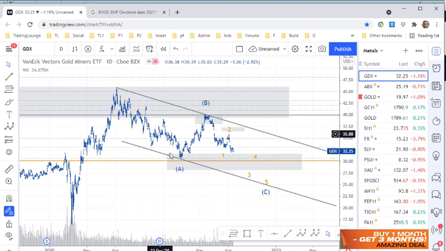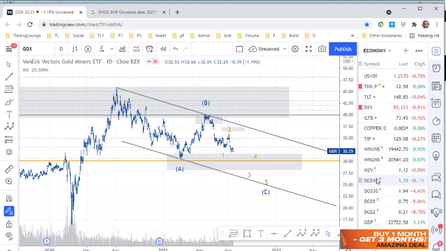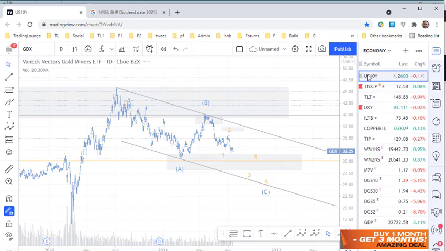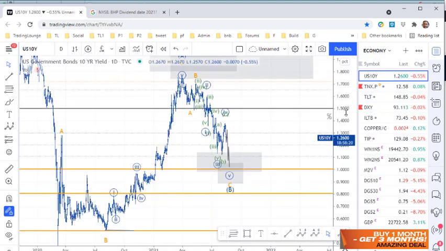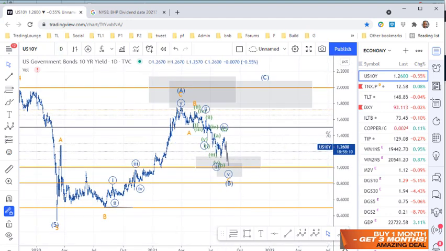Obviously, everybody will double XY, that sort of situation. But anyway, an A wave here, B wave here, we go down for the C, or we go into a triangle pattern within this space as well. A bit early to tell for that, but that doesn't really interest me that much. I want to go to the yields first. So one of the things on the yields here, this is the bonds here, so daily chart. So what I was thinking is that we've had this rally here, right, as an A and